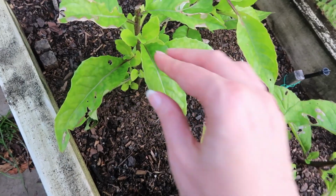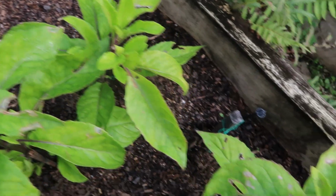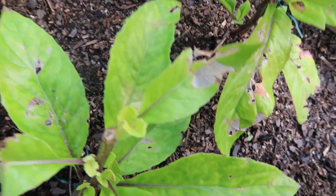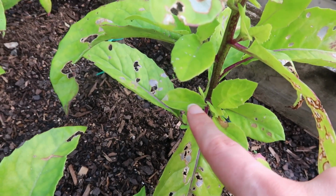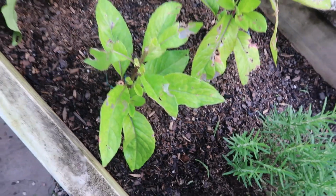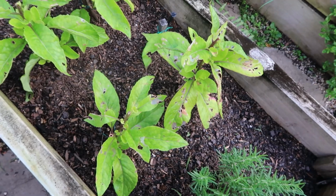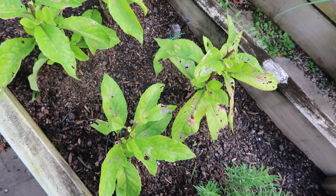The plants themselves are still really happy. Look at all this new growth. All of them have brand new growth coming through. You can see even under here, all new leaves are coming through. So they're definitely still in here. They're still happy. But the caterpillars have just, goodness, it's quite late for us to be having this level of